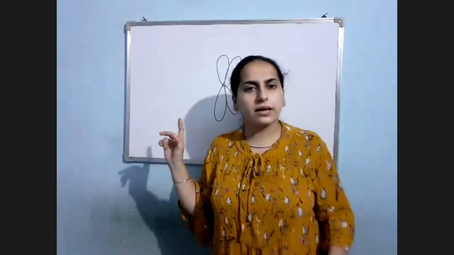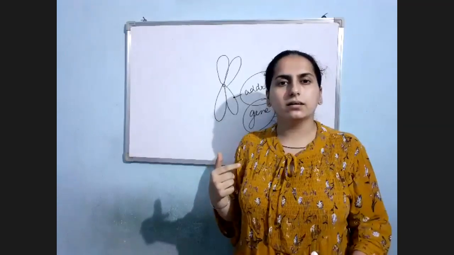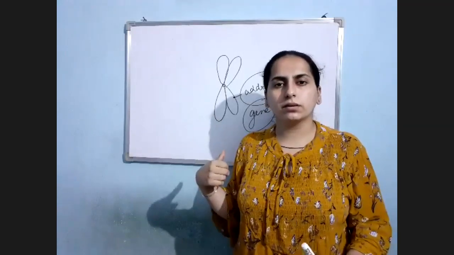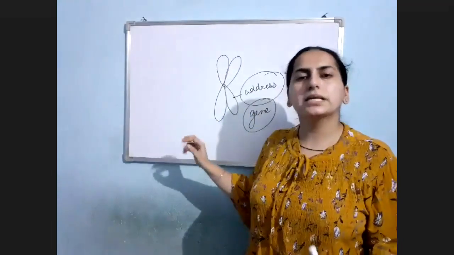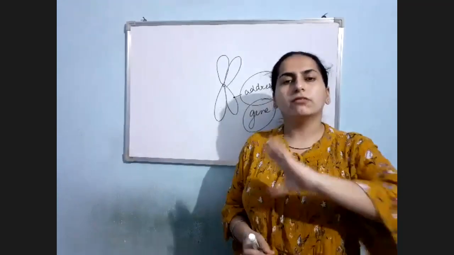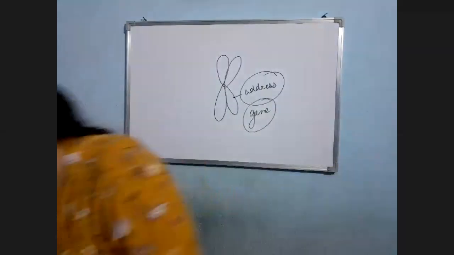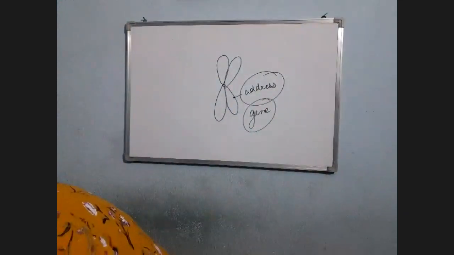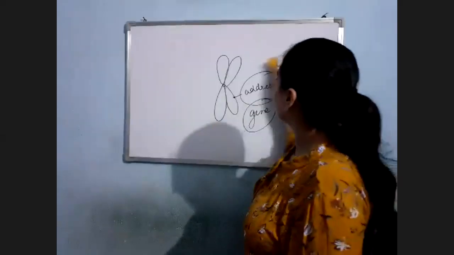Is the word loci clear, or may I explain question number 3 completely? How many gametes will be formed? Shivam, is it okay? Loci means the address of a gene, or a fixed position on the chromosome where the gene would be present. Okay, let me explain question number 3 completely.